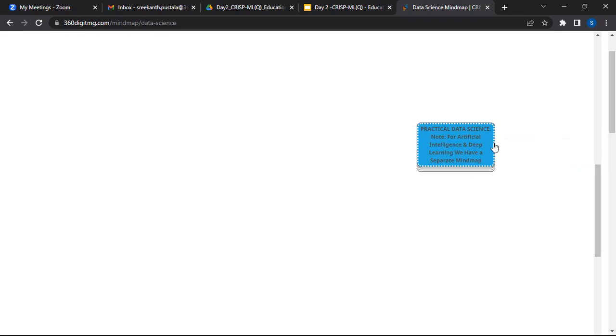Now we have seen the three different phases: business understanding, data understanding, and data preparation. Now we are looking into model building. So as we have discussed earlier,